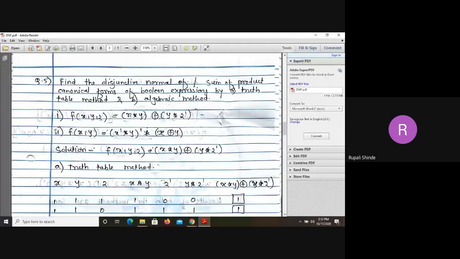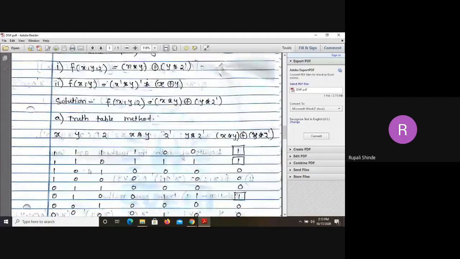So take this second example, and for this example, at least try to find the value using a truth table. Two methods are there, using a truth table and using the algebraic method. I know that it will be difficult for you to solve it by the algebraic method, so just try to solve it using a truth table. Is it fine? Can you solve it? Yes, ma'am. Find the value for this second one using a truth table.